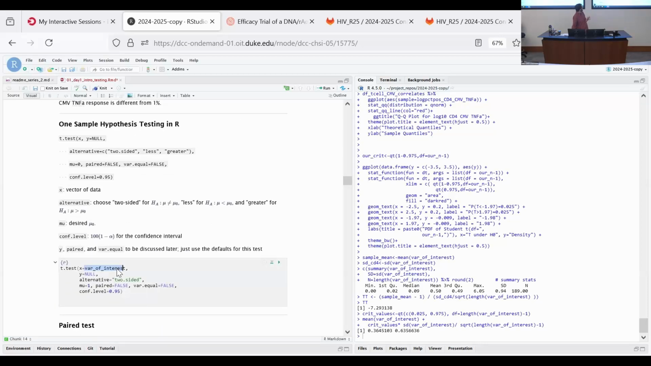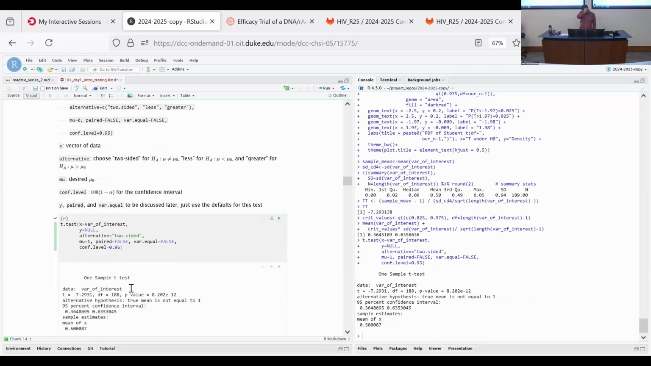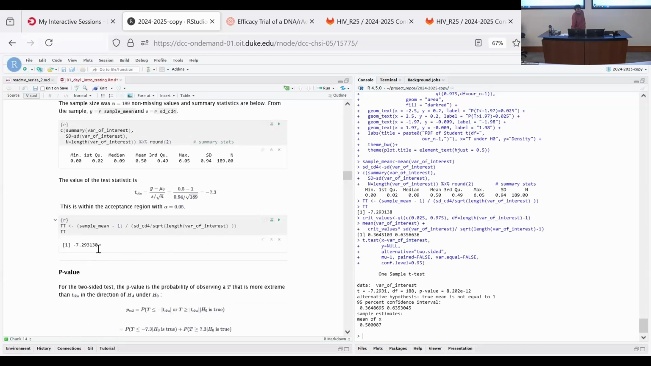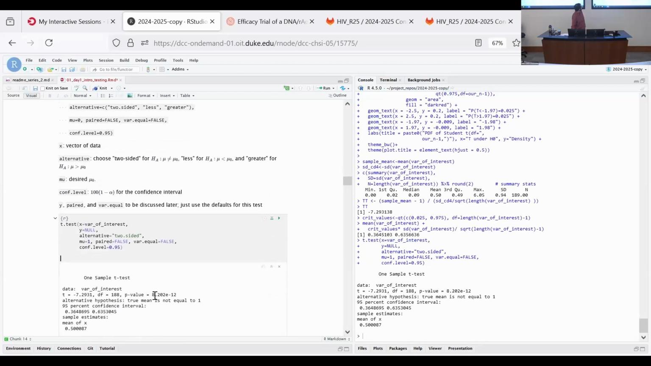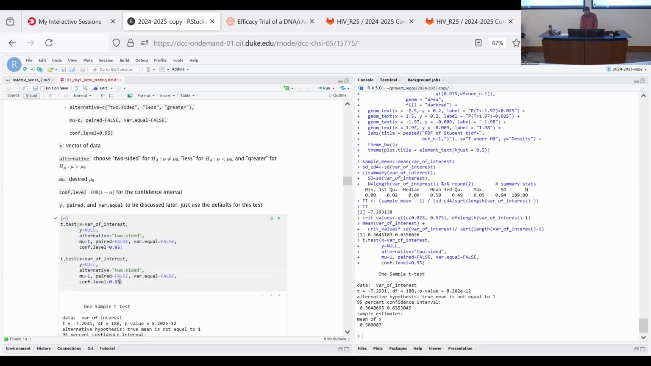So we pass in our variable of interest, we say our alternative is two-sided, we say our mu is equal to 1%, and then we run this. So if I run this, we see a negative 7.2931, which is what we got before. We see our p-value of 8.202 times 10 to the negative 12. We can see our confidence intervals, and we see that gives us our alternative hypothesis, right? So if, say, we thought that it was less than 1%, let's see, if we did this and put less,